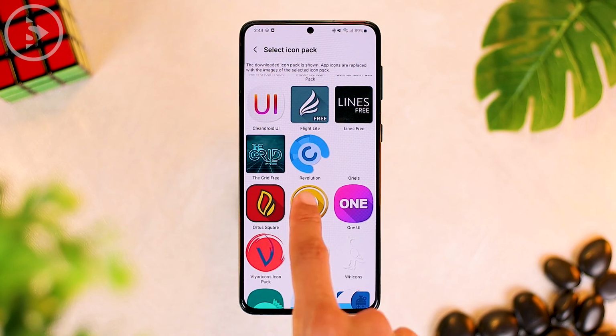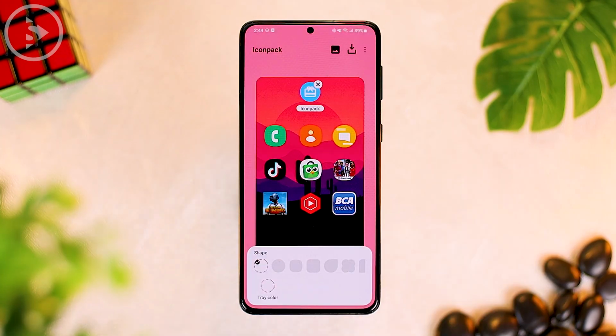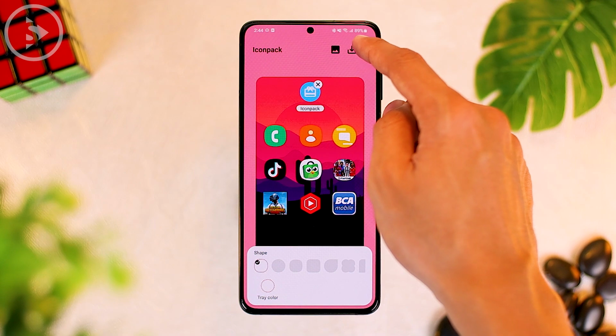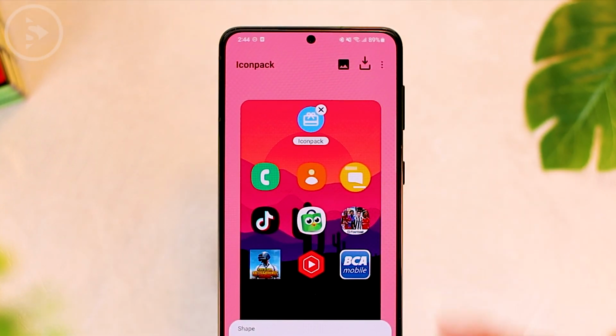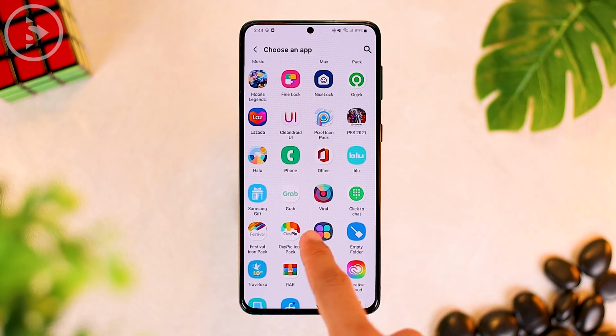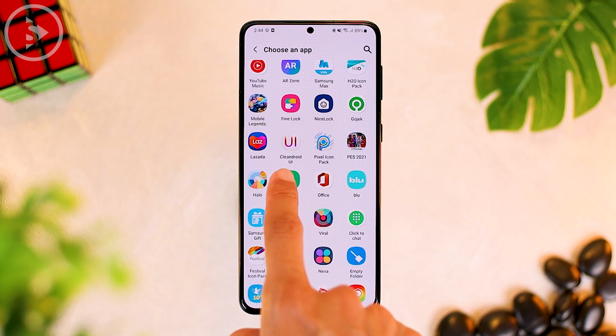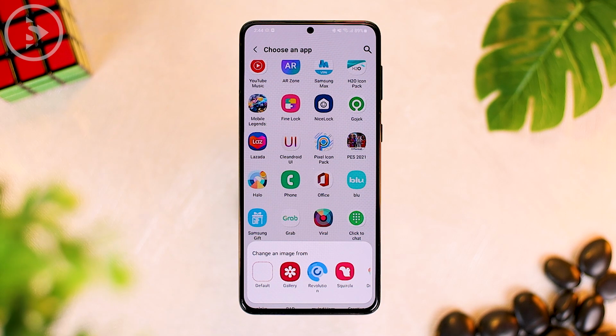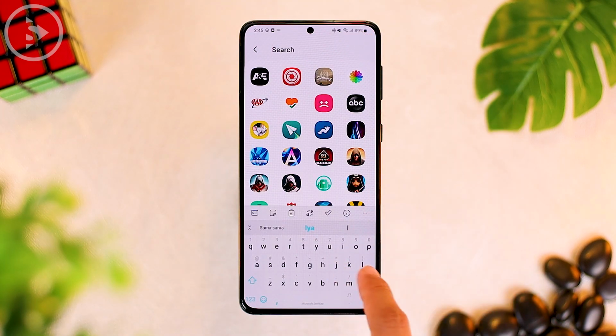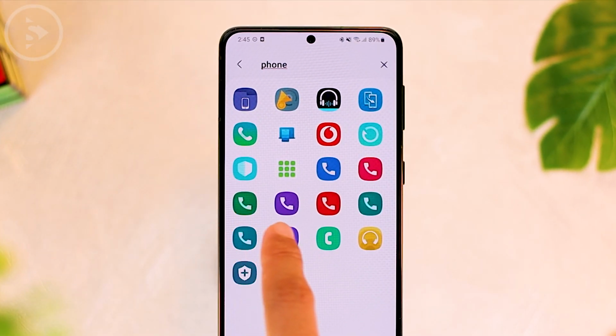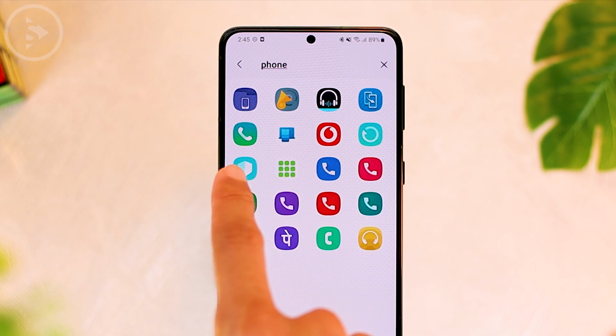For example, here let's choose Revolution icon pack. Then we can immediately change the icons one by one in this change icons option. In this menu, if there is an icon from Revolution icon pack that doesn't suit your taste and you want to change it to another icon pack, you can directly click on the application icon and then you can choose another icon pack. And you can directly select another look for your app icon.